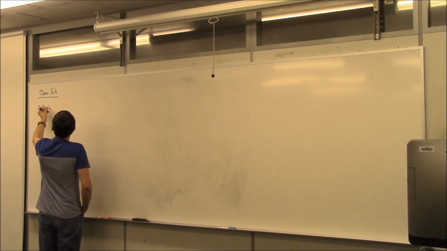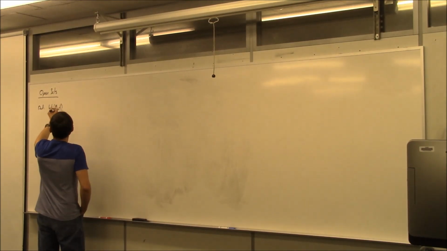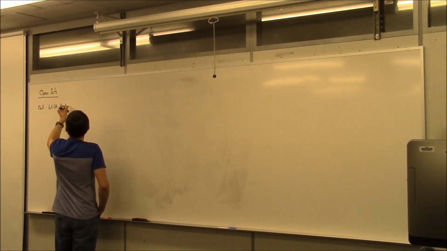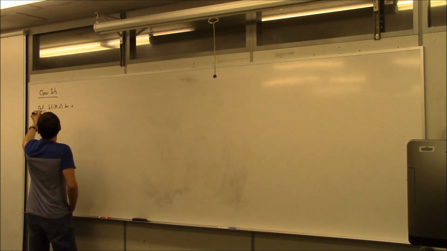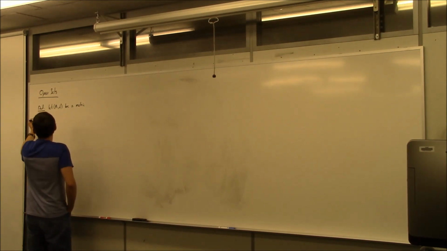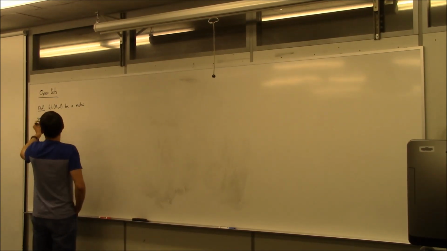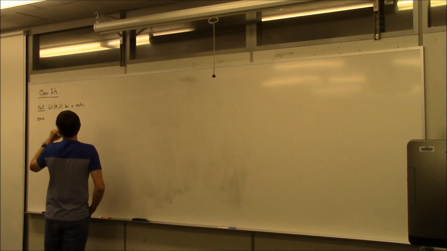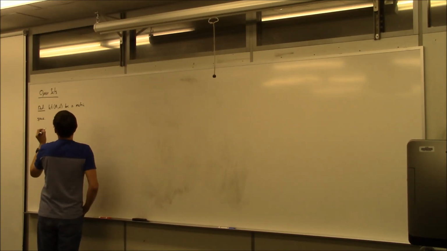So let (M, d) be a metric space. Okay. (M, d) is a metric space, and then we will say that